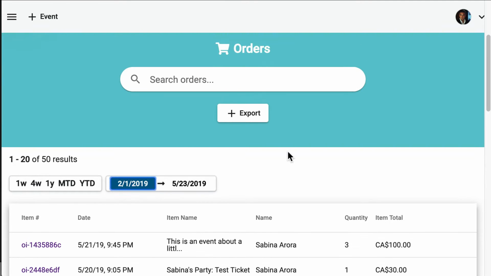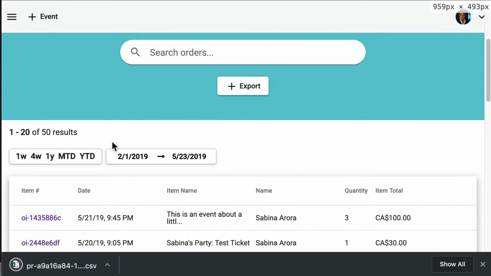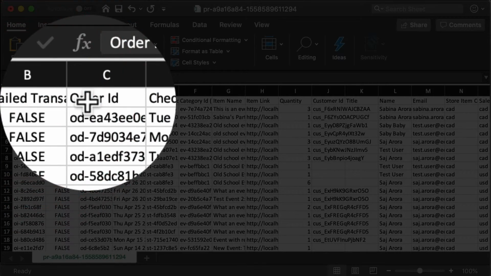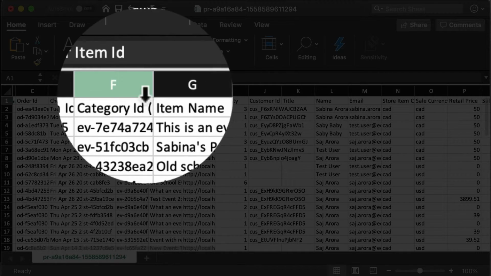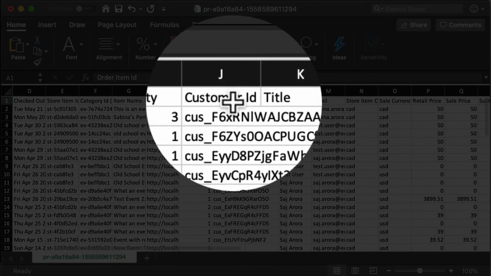Next, let's talk about how you export this data. It's very simple. Once you're happy with the results you see, you simply hit the export button, which will then download this report for you on your computer. Awesome. You get an Excel file right there that opens up for you with all the information that you've filtered for available, including the order item, the name of the item, the link to the item, the quantity, the customer,